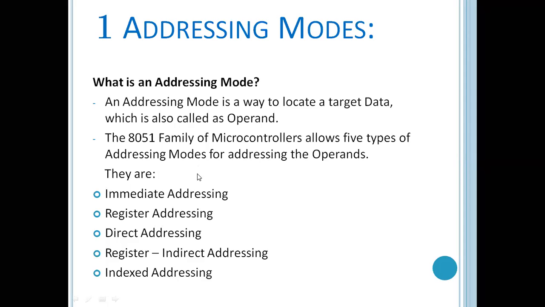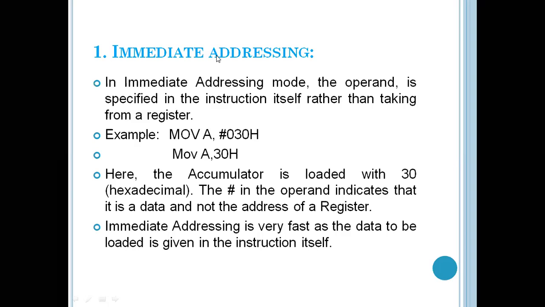Now just take a look. In yesterday's lectures, we have already seen the immediate addressing mode. See, in the immediate addressing mode, what happens? Whatever the data on which we want to perform the operation, in technical words, it is called an operand. In immediate addressing mode, the operand is specified in the instruction itself rather than taken from the register or the memory locations. So in this we are not going to deal with the data from the register or the memory locations.